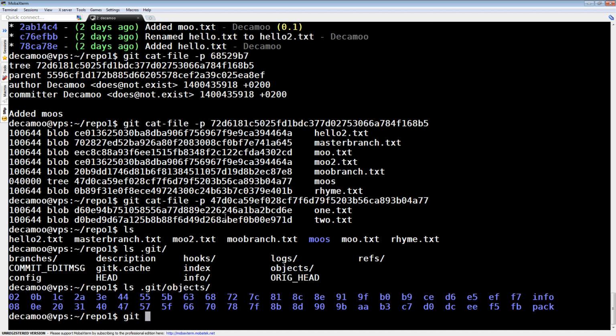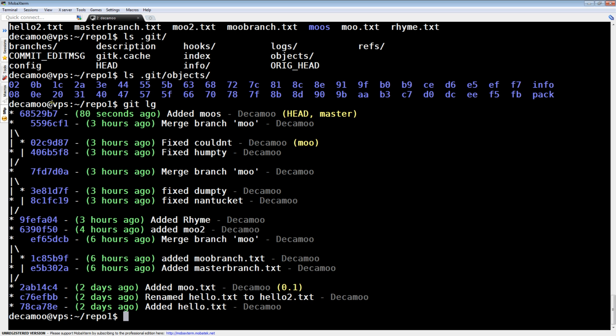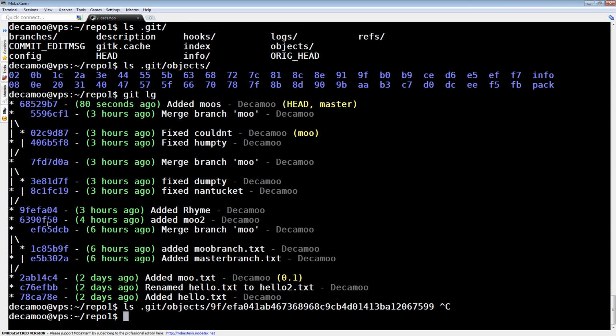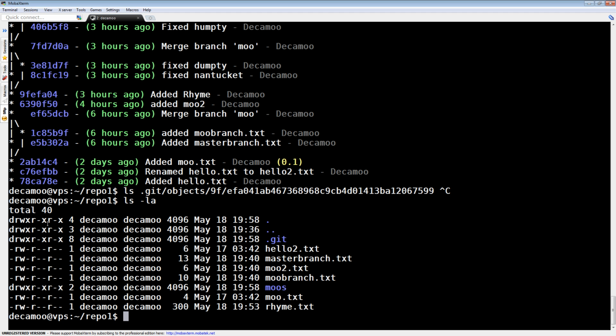If you have a look at this, for instance, let's pick a random one, 9f. git objects 9f. That's the first 2 characters, and the rest should be efa04 there, just to speed things up a bit, because scanning through large directories can get very expensive. So there you have it. That's how everything is stored. Everything goes just into that .git directory, and there's